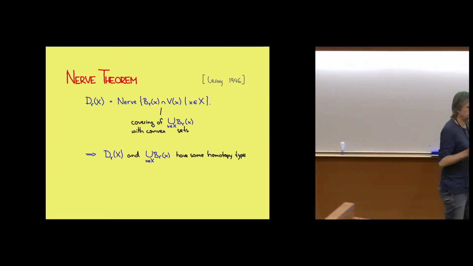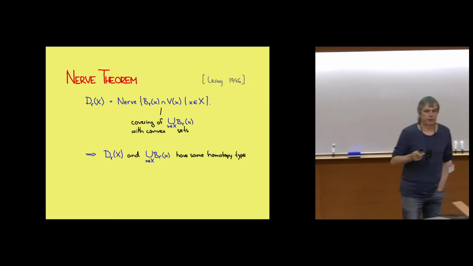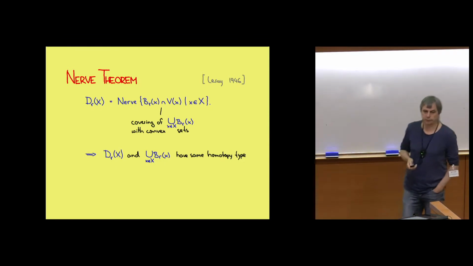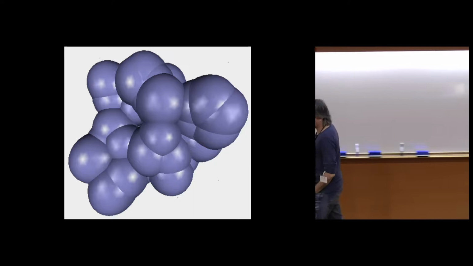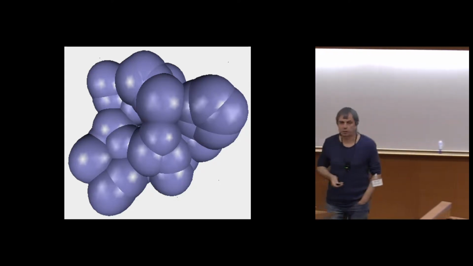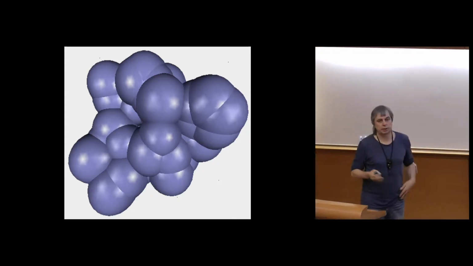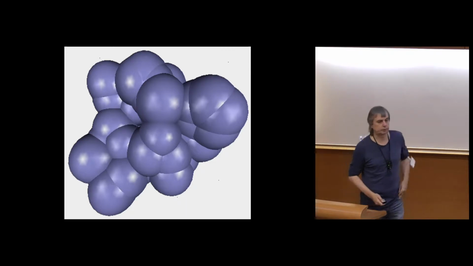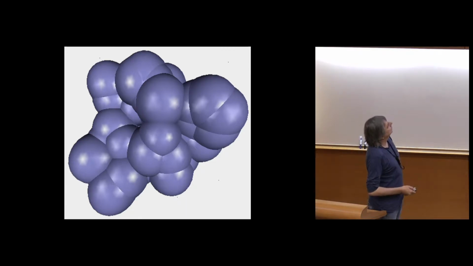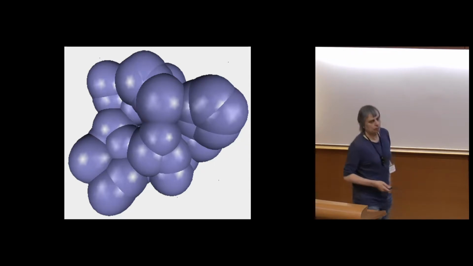Homotopy equivalence is a little stronger than having isomorphic homology groups, and I'll get to this later. Instead of just claiming that it's the same homotopy type, for this union of balls you can actually create a deformation retraction, which means I deform the union so that at the end I get the complex. This deformation is continuous, so that's a proof of the homotopy equivalence, a very constructive proof, which in this case is possible. So we did this video, I don't know, a long time ago.